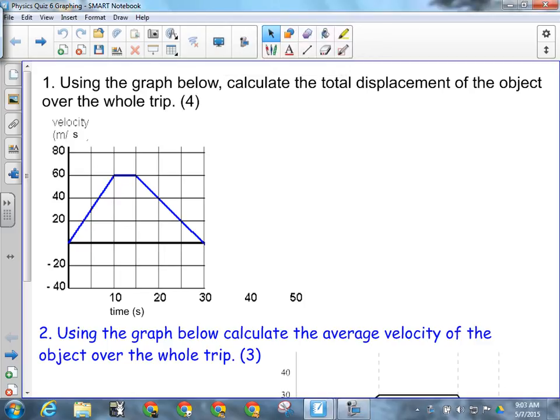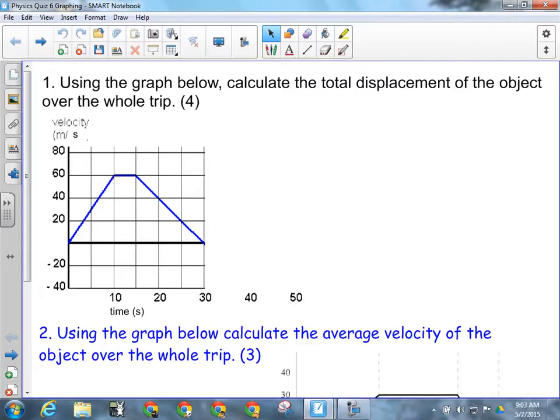Okay, so the key thing, guys, to solving graphing problems correctly is first off to identify what kind of graph you're dealing with. Right? Because obviously solving for displacement on a position versus time graph is different than solving for it on a velocity versus time graph. Okay, so we're trying to find the total displacement of the object over the whole trip on this velocity versus